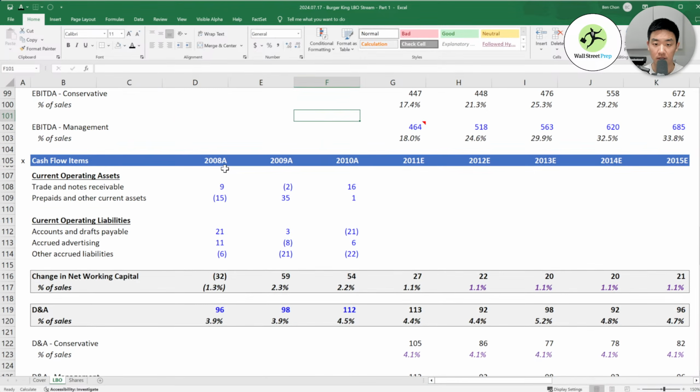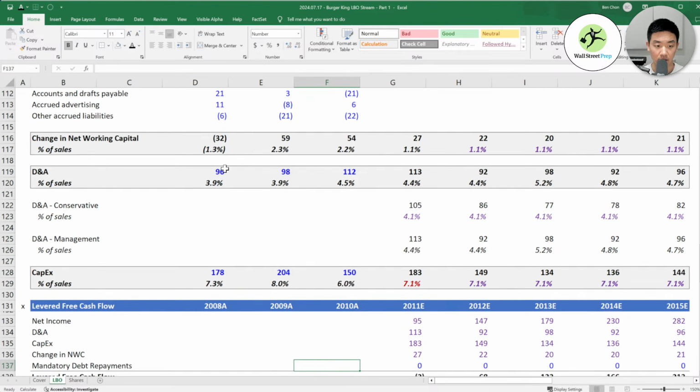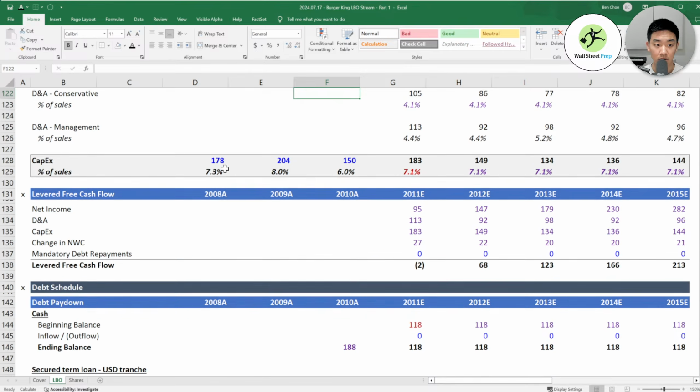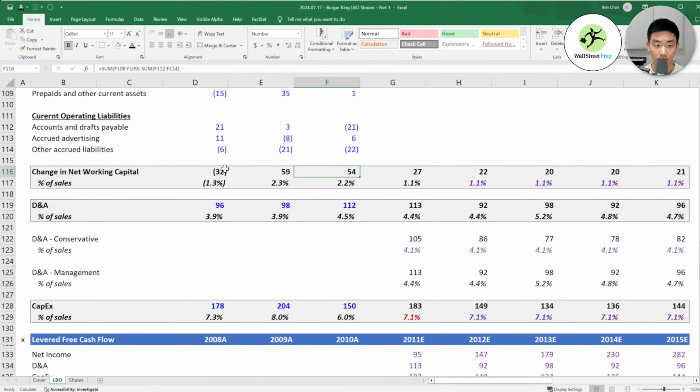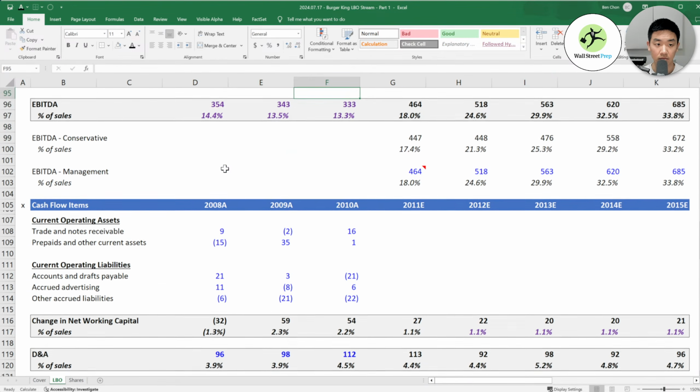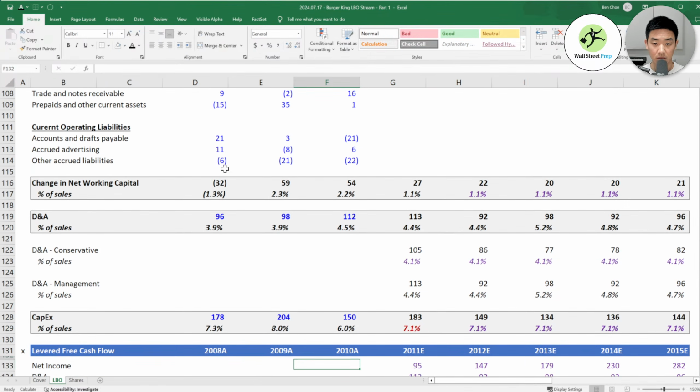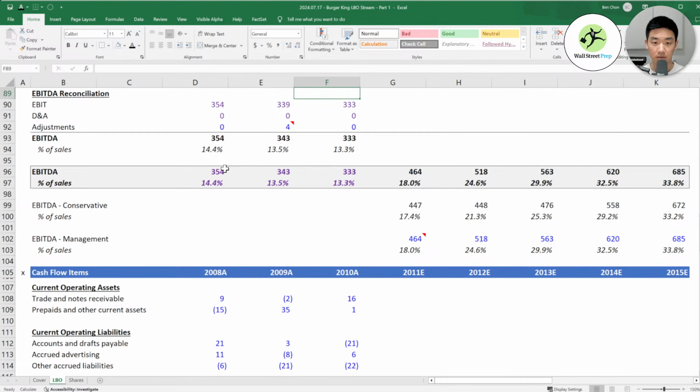This should be 400 something. Okay, I know what I did wrong. I did not add something correctly here.